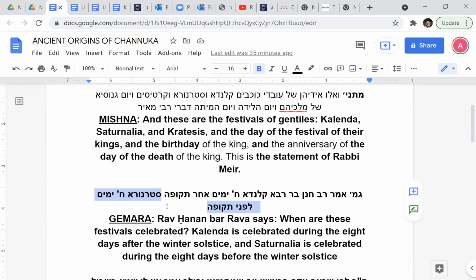Incidentally, even in Christian literature in the New Testament, there is no evidence whatsoever that Jesus was born on the 25th of December. This simply was a myth that was developed at the beginning of when the Roman Empire desperately needed to convert to Christianity, but not to upset too many people who enjoyed the 8-day Yontif of Saturnalia. They simply renamed it, and they said, well, this is clearly the birth of Jesus, and 8 days later, his circumcision. The myth of the birth of Jesus at that particular date simply is based on the earlier pagan rituals of Saturnalia,